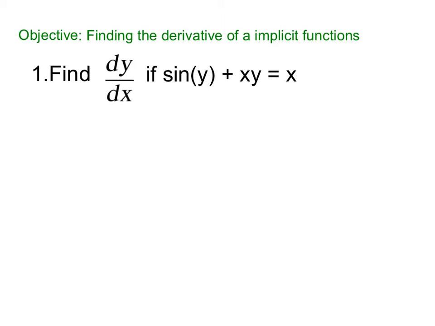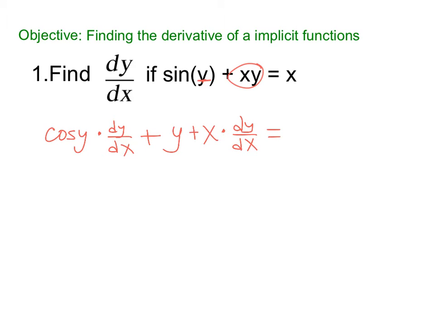All right, so we have the derivative of sine, so cosine of y times the derivative of the inside. The inside is dy/dx. Plus, now this is a product rule, x times y. Derivative of x is 1 times y plus x times the derivative of y, dy/dx, equals the derivative of x,